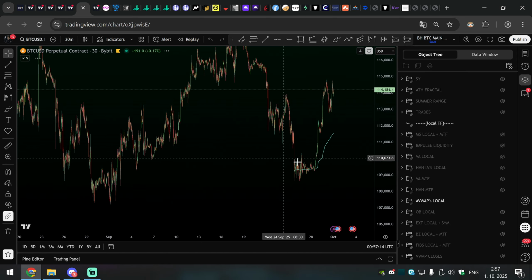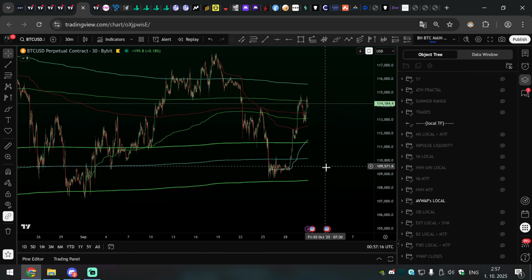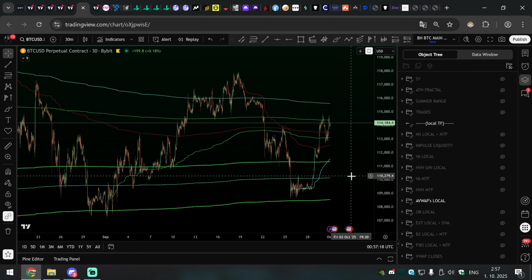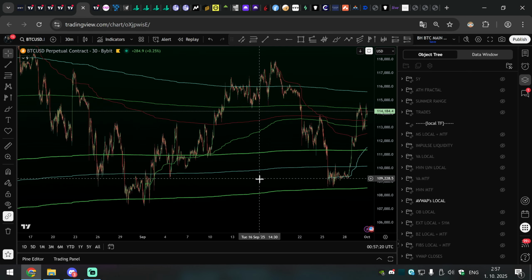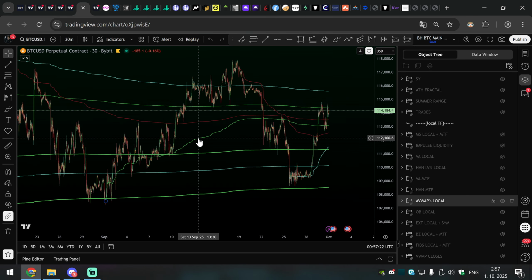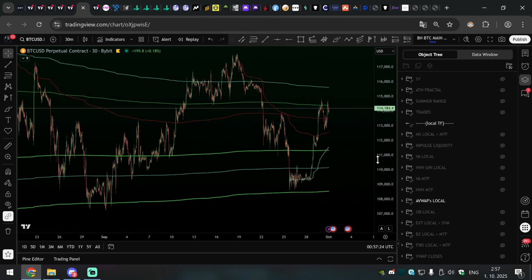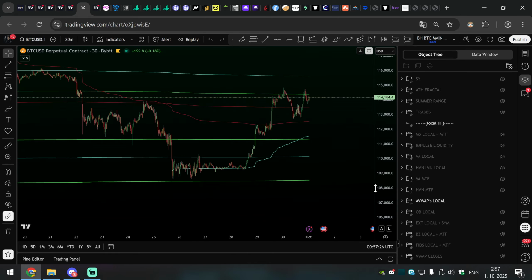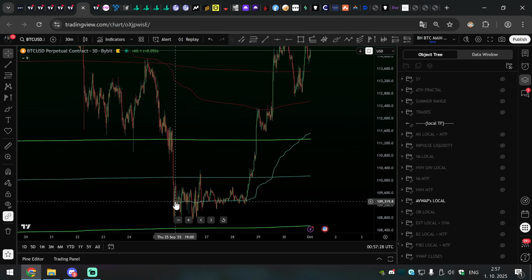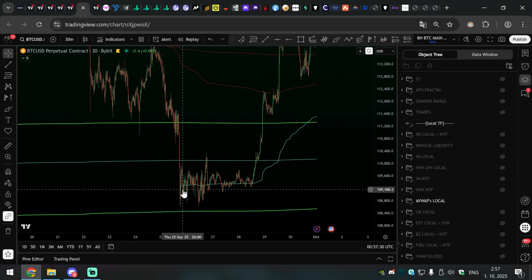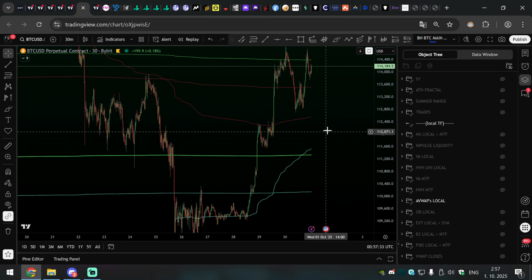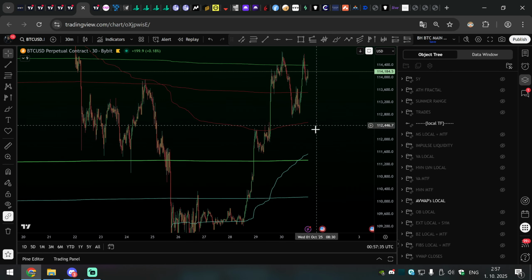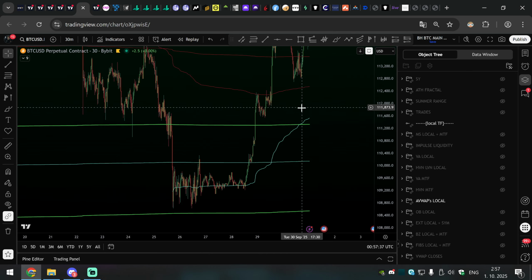YVWAP party. Oh, it's a lot of YVWAPs, I know. I'll be deleting some after the video, which we don't need. Like this one, we don't need already. Don't want to do it now. Currently, I'm watching this anchor YVWAP, which is from the low on the first day, and a future retest of this as it's approaching the price. It's going to tell us more if we are holding